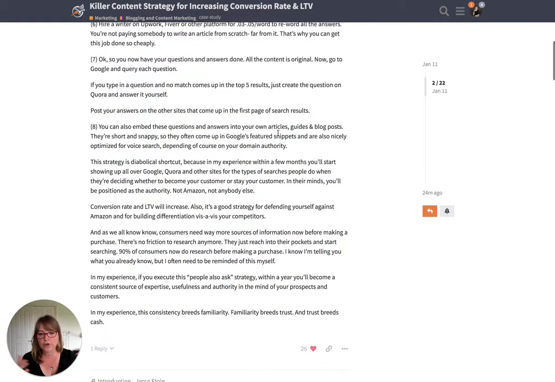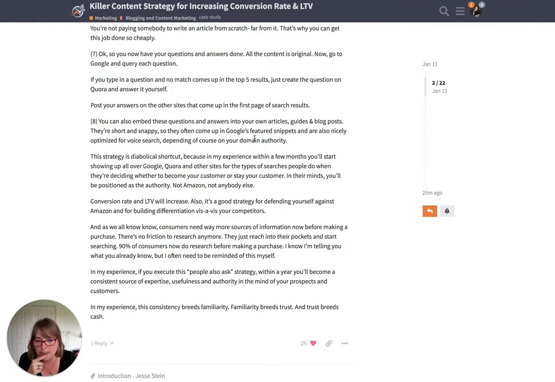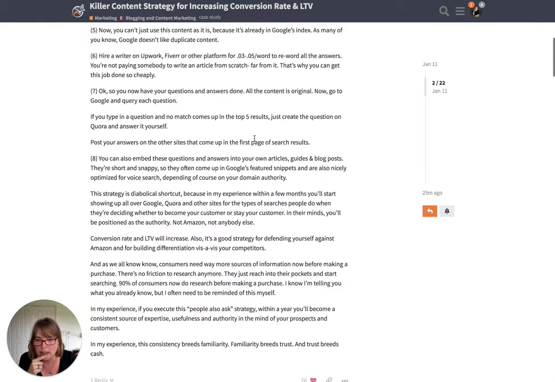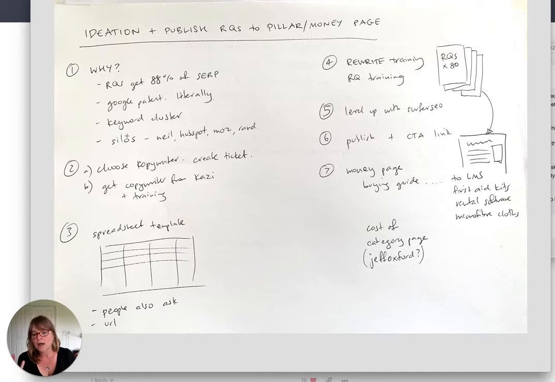It doesn't actually say to link it back to the money page. Maybe, okay, I thought he would have said that. Maybe he probably knows that. But anyway, the idea is that silos are, and HubSpot's written a brilliant article on this. I couldn't exactly find it. I think I've got it, but I couldn't exactly find it.